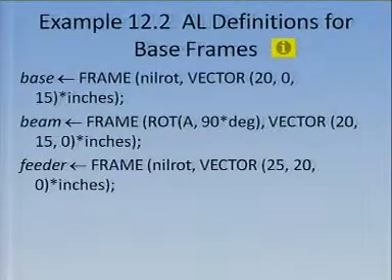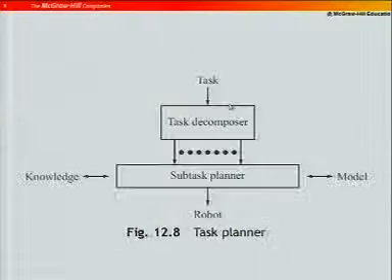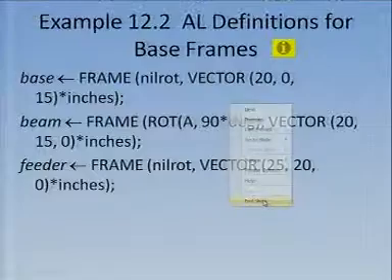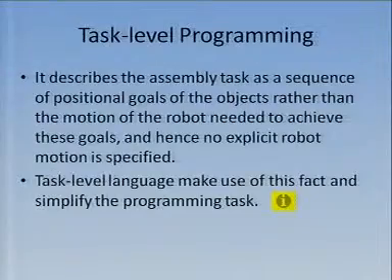Okay. So, suppose this is the task I have to do, that I have to pick up an object from here, and then I have to pick up an object from here and place it here. This actually came to the wrong place. Robot oriented programming. This is one of the